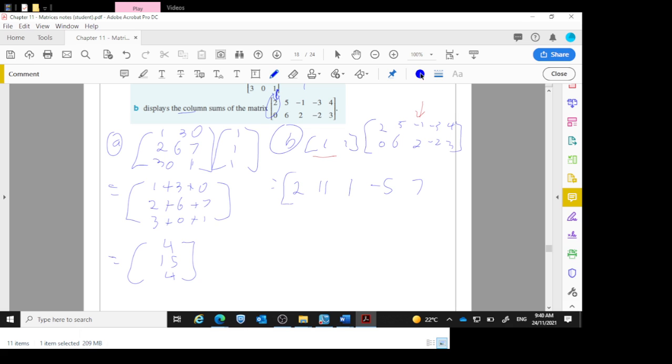So all I'm really doing, because it's just an easy one, is just adding these together. That's the quickest way to do it. Don't do that in the exam if it asks you to show